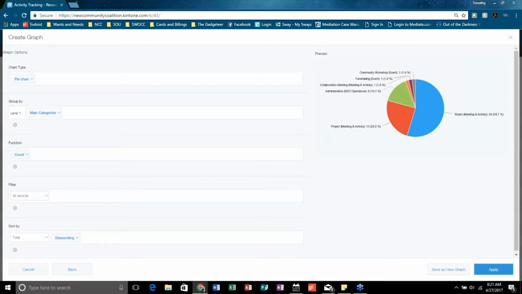So the New Community Coalition had an idea: we're a small town, and a lot of our nonprofits have a small budget. So we would purchase Kintone for ourselves, the $150 a year, and then we would allow other nonprofits, other groups, to create their own spaces within our database.